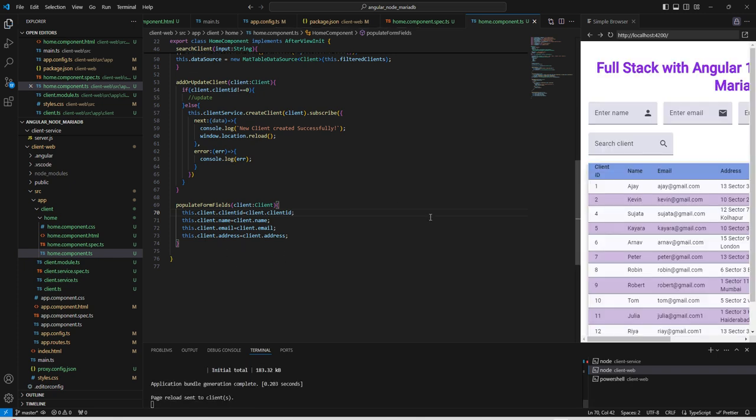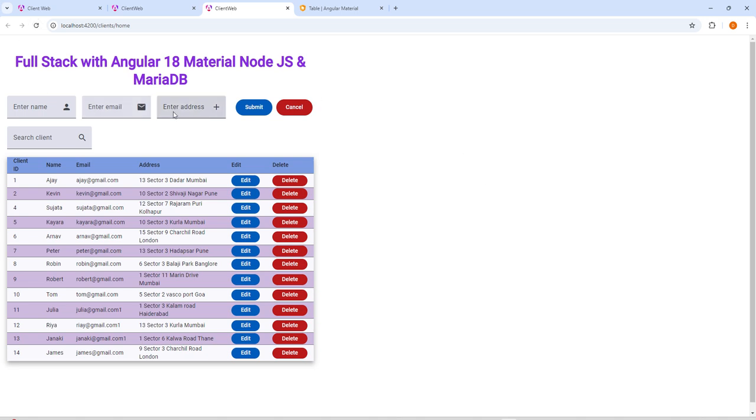We can save it. Now let us check how it works. Once we click on this row, which is of Tom, seems good. Tom is appearing. Peter is appearing. For Kyra, seems good. Now once we modify this record and click on the submit button, it should submit the record